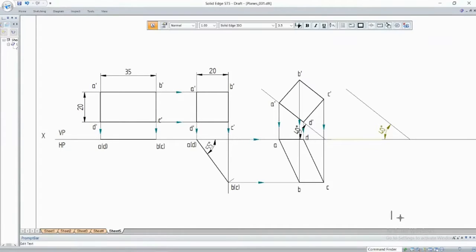Take your time and complete the solution. Then I'll show you the shortcut trick for how to draw this. For this, there is no shortcut trick by hand. You have to draw the projection lines and join them. But there is a shortcut trick when you do it on the computer. Take your time and complete the solution.